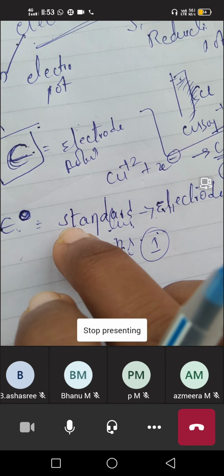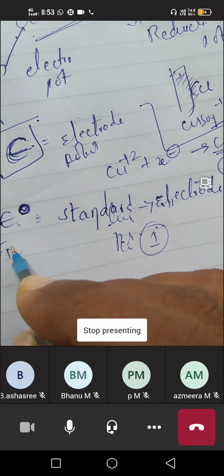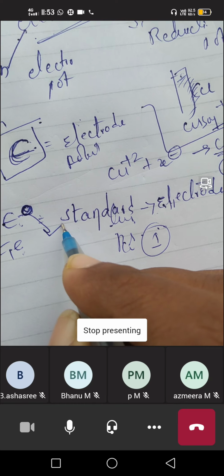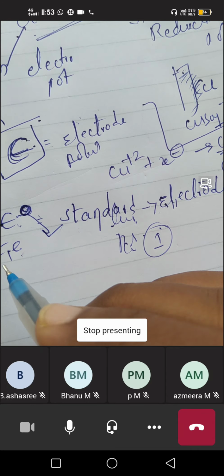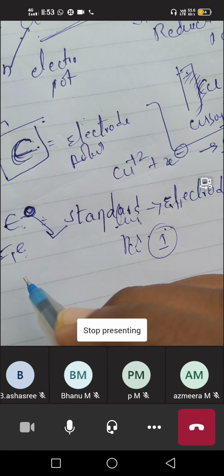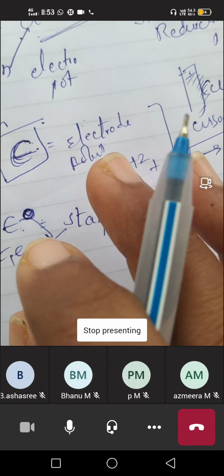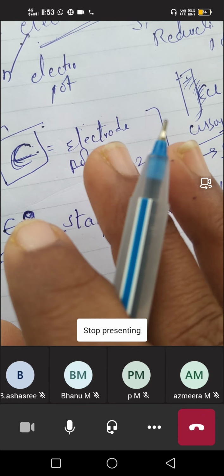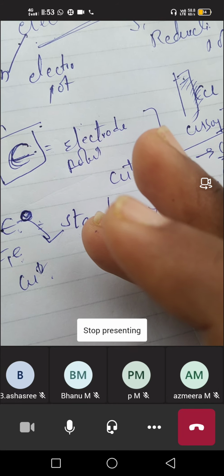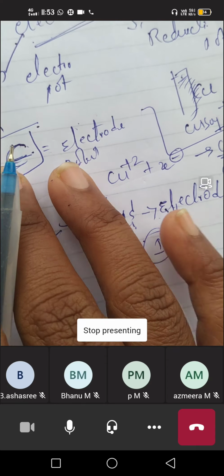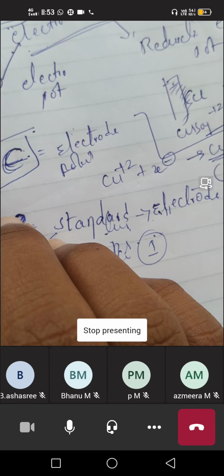And standard electrode potentials are fixed for particular metals. If you see iron, the standard electrode potential value will be fixed, and it will be published in books. In the same way, take another example, copper. Any metal will have a standard electrode potential. They do not change if you change the temperature or the concentration, whatever changes are undergone, these values do not change. That's why these are called standard electrode potential values. That is what E naught is.